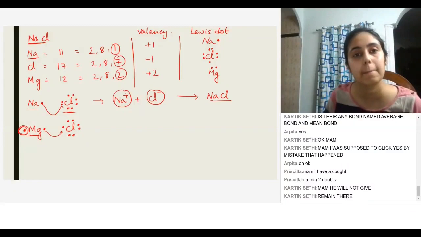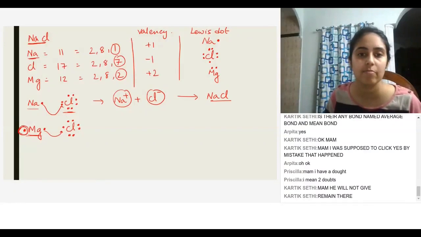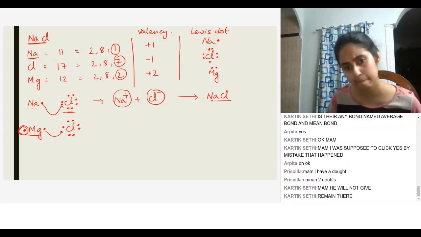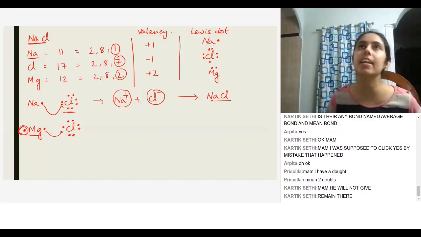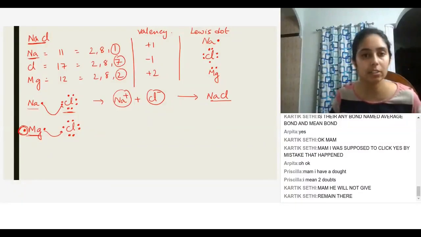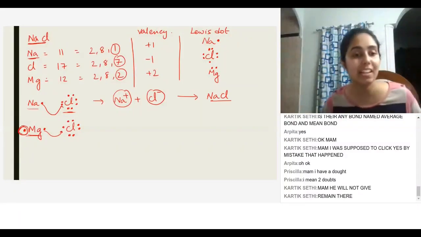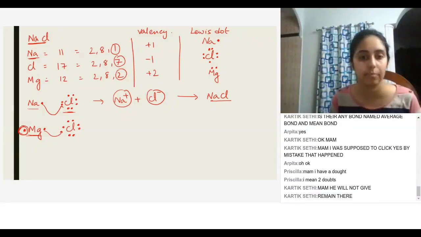If it is massless, it hardly takes up any space. Why doesn't the second electron just remain in the air when magnesium chloride is formed? Because you require some amount of energy to pull out this electron, and that electron has to go somewhere. It can't just remain in the air because that is unstable. A charge that is floating around will always be unstable. It will try to attach to something or the other. Okay, ma'am.